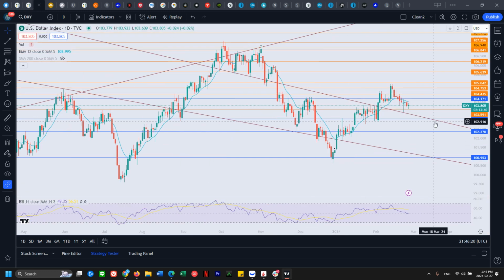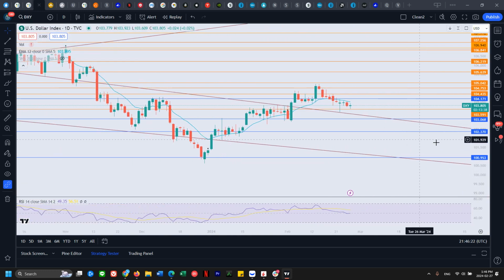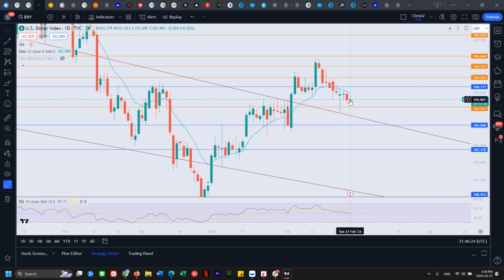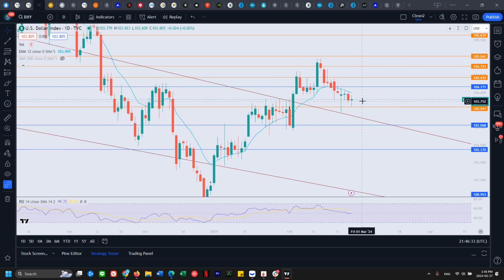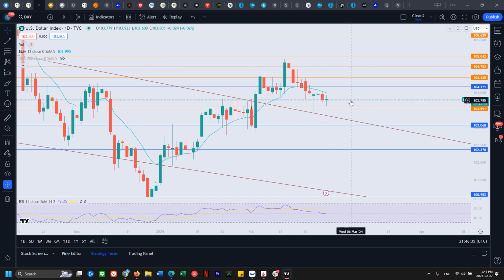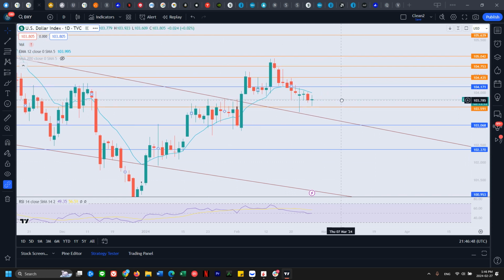All right, this US dollar. US dollar is not doing anything. I'm guessing it's probably waiting for the GDP data tomorrow, as well as the PCE inflation data on Thursday. Those will definitely affect the dollar, especially the PCE one. If inflation data comes in decent, then the dollar is probably going to pull back. So we'll see on Thursday as well. So far, just going sideways. Yeah, super indecision day today.